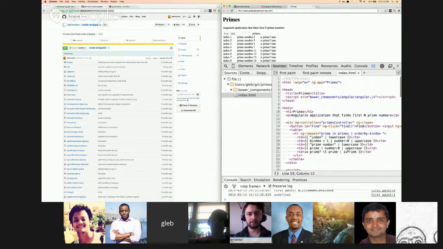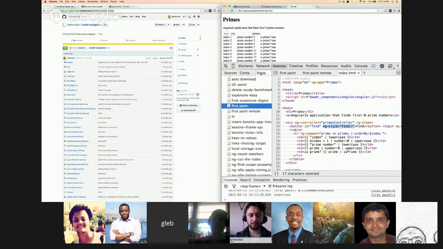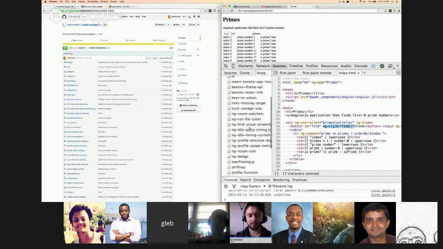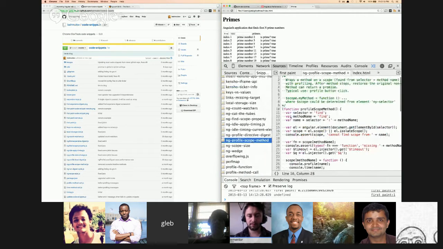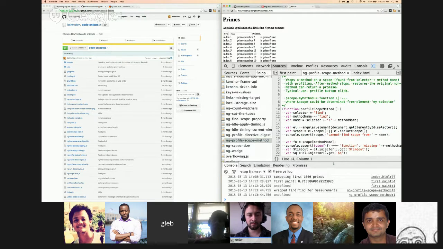So when I click the button Find, I'm executing a find method, right? I have a code snippet called profile scope method, and all you have to do is give a selector and a method name. And let me execute this code snippet. What it did, it actually wrapped a method on a scope that it accessed and added a couple of calls. So now if I click Find,